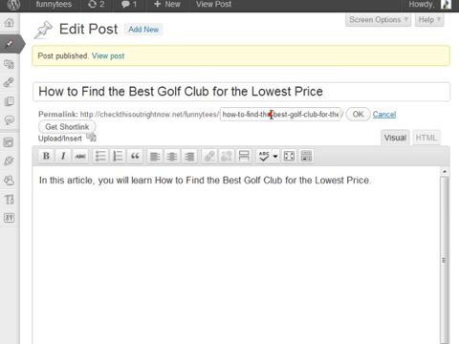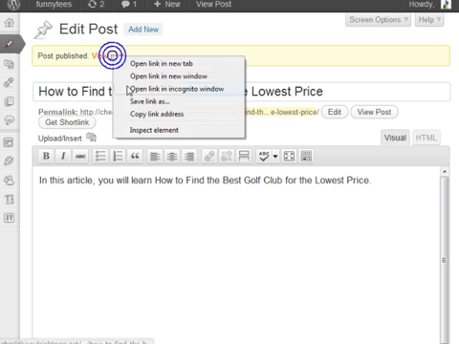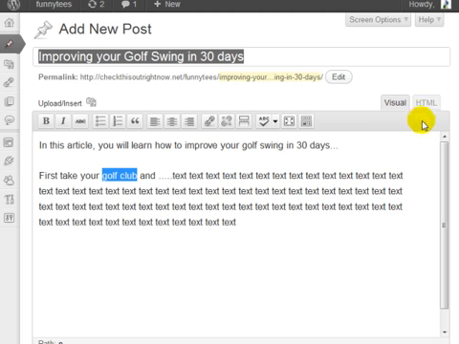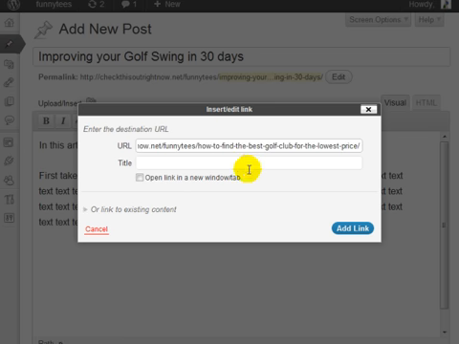And make sure that the permalinks are search engine friendly, and if they are, then you can right click here on view post, click on copy link address. So I'm basically copying the link to this WordPress post. And then I'm going to hop on over to this post, the improving your golf swing in 30 days post, and I've highlighted the keyword golf club. And I'm going to insert the link and then link this,